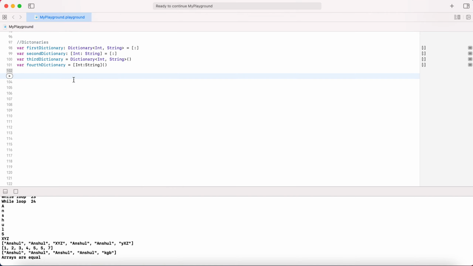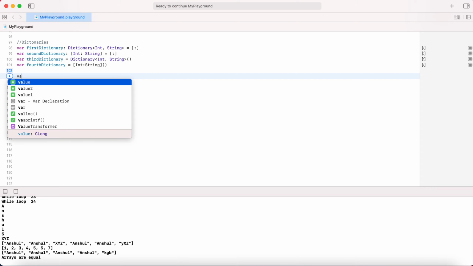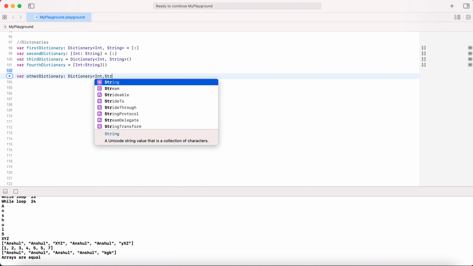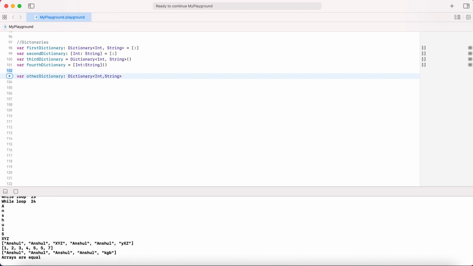First we are going to talk about how we can initialize this dictionary. So I'm creating one more dictionary, other dictionary, and I am taking integer as a key and string as a value.